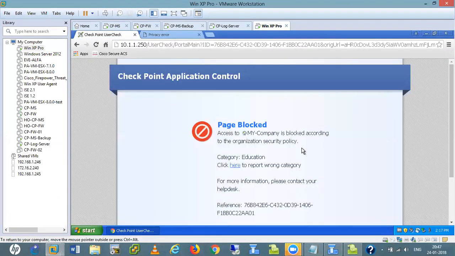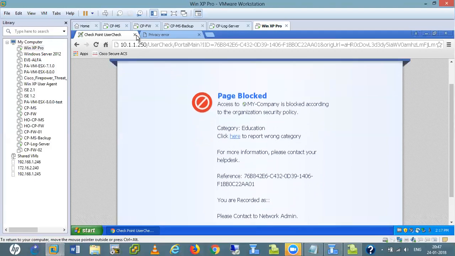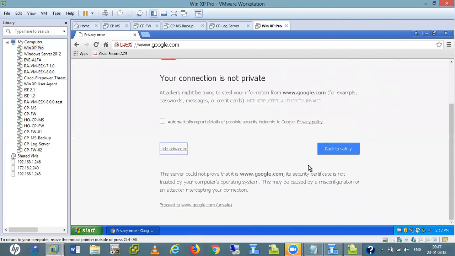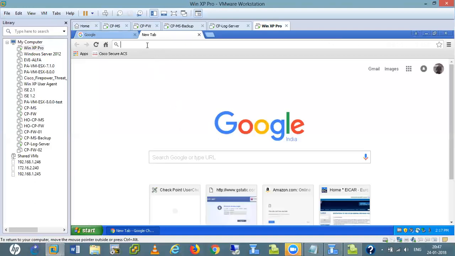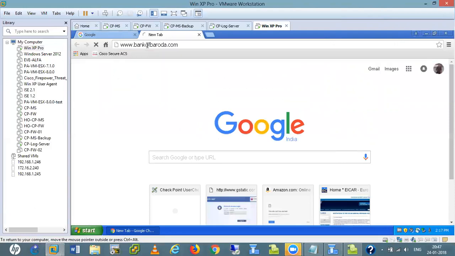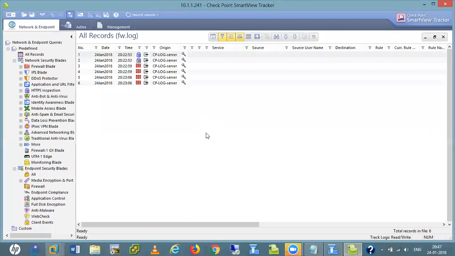Google.com. Once again, check that log server, it should show you the logs. Nothing like that. www.Bank of Baroda. So now see, we didn't get any logs.